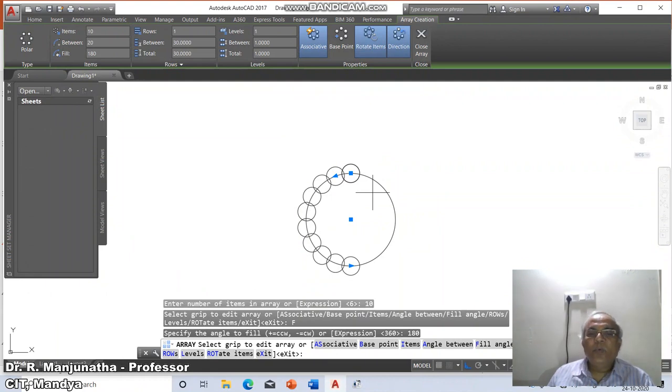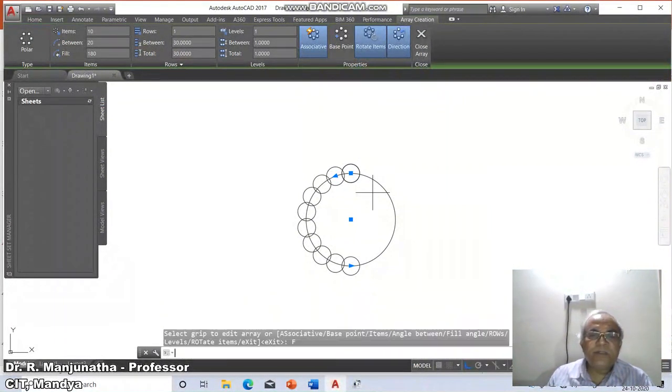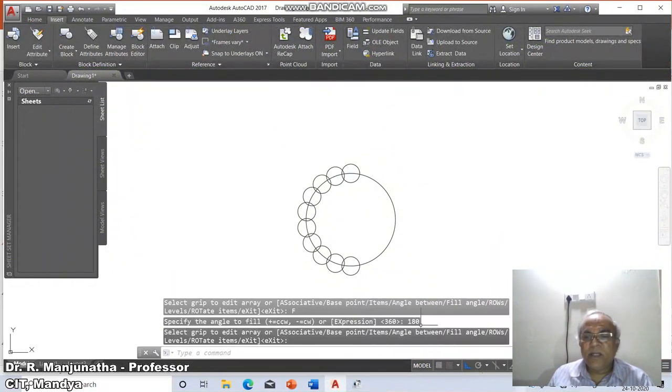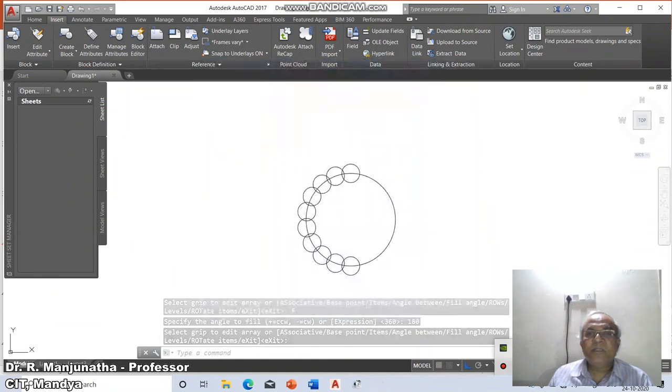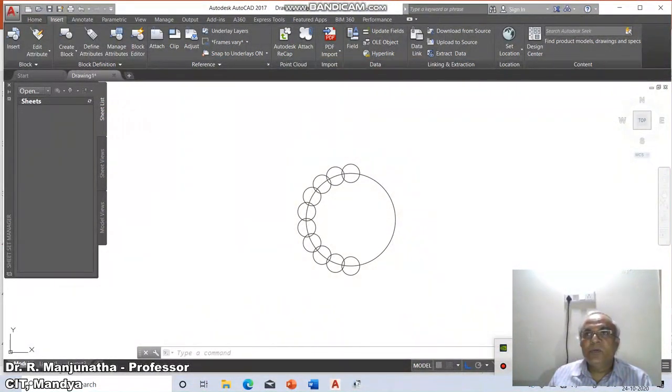So this is how we can use the multiple options of copying in an array command. Now this is how basically this array command works. So the array command is the one wherein we systematically copy the pattern of array, a pattern of circles in a systematic manner depending upon the requirement.